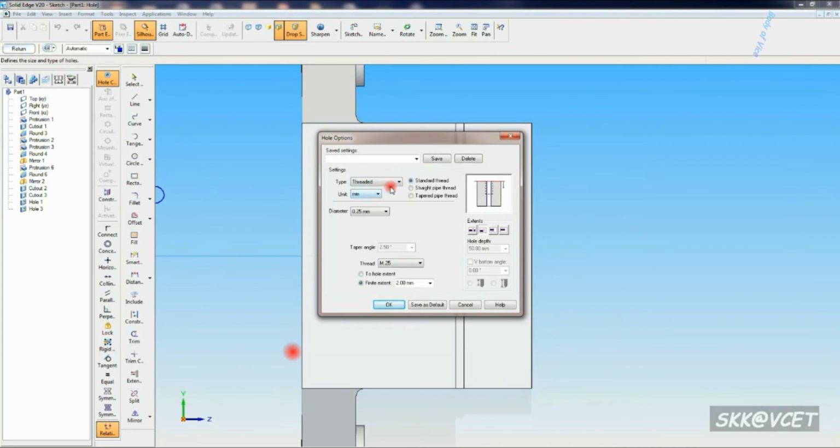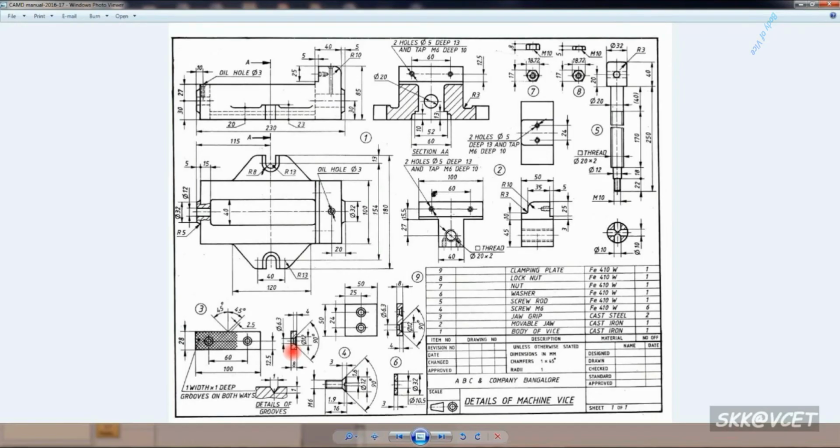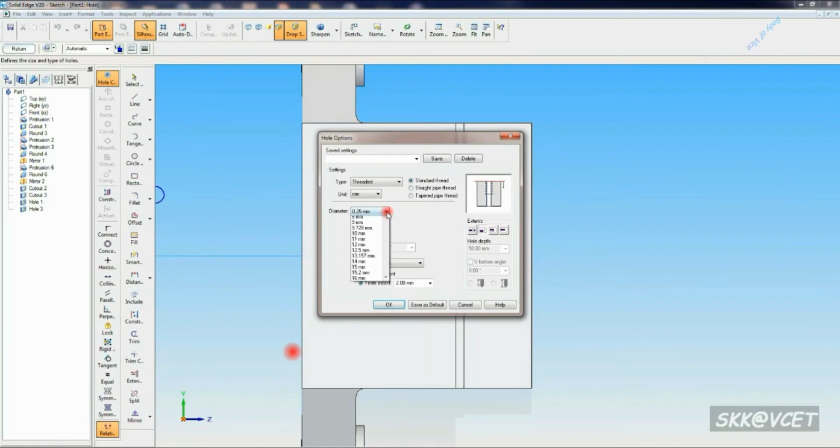The diameter can be M6 or diameter 5. I take M6, the metric 6 mm diameter, and for the finite extent take a distance of 10 mm. Here the hole depth should be 13 mm.